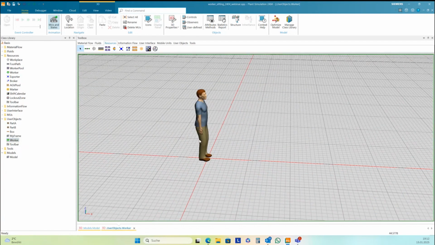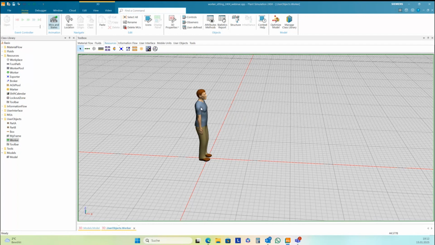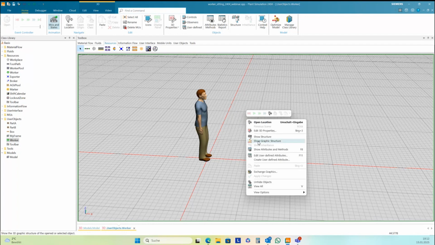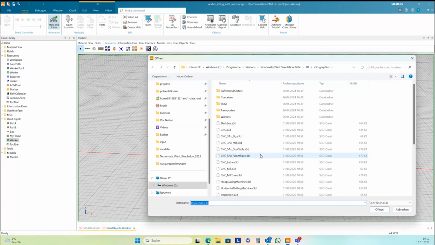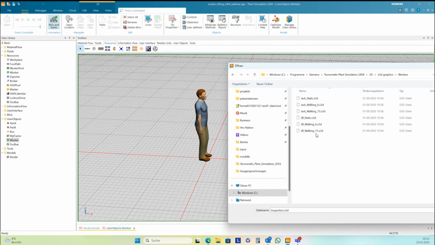There are two different workers here, this one, and this is Jack from Jack and Jill, and there's a second one, and you can exchange the worker completely. Right mouse click, exchange graphics, and then there's a folder workers.